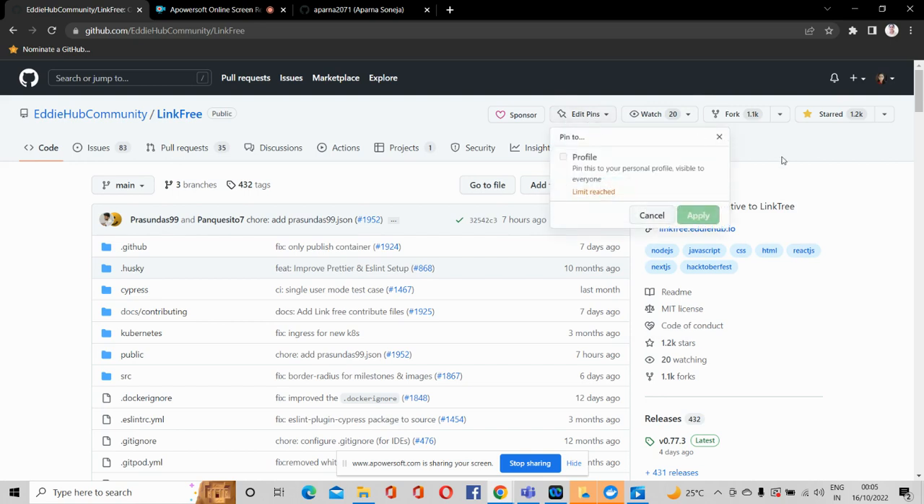and then you have the option for edit pins. So this is nothing but if you want this project to be added on your profile, if you want to pin this project on your profile, then you have to click on edit pins. Okay,